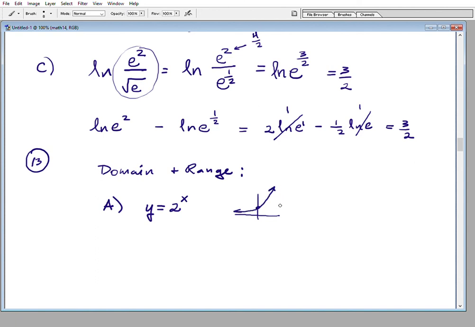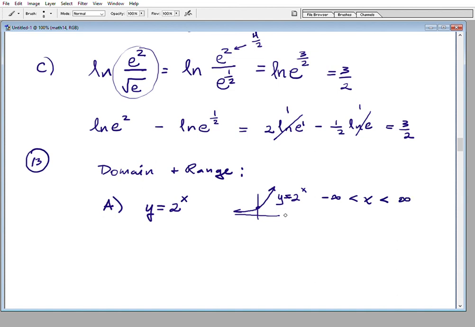That's y equal 2 to the x. So the domain is everything. The graph goes all the way to the left and continues all the way slowly to the right. So the domain, anything can be substituted into this exponent, positive and negative. There are no restrictions. So here's the domain,